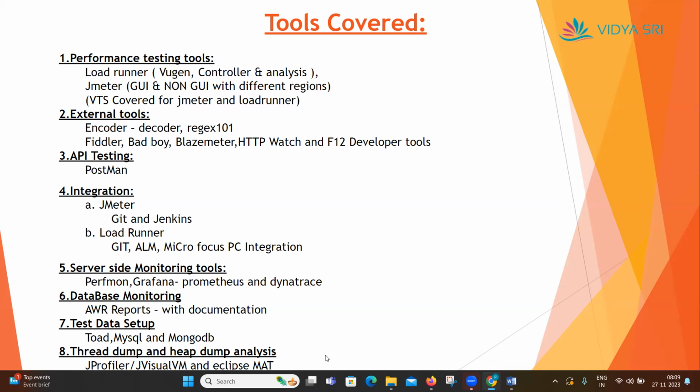Yes, you can ask the question. External tools like encoder, decoder, what about this one? This is also open source, part of training. No, this is not a tool. This is something like a